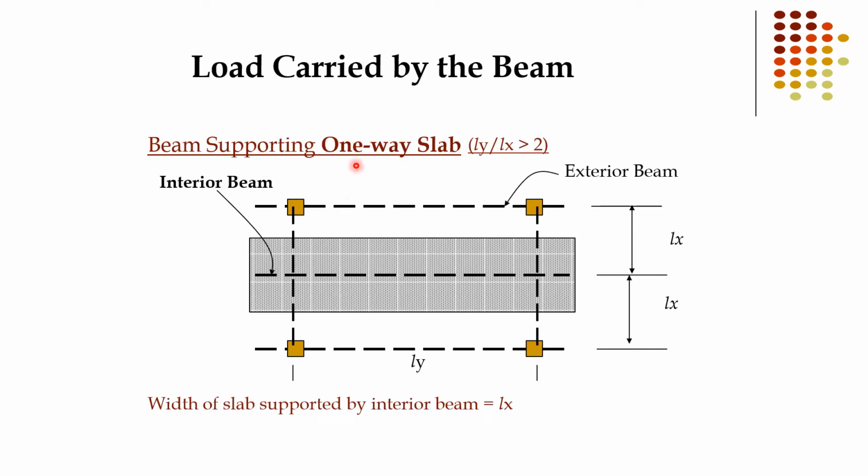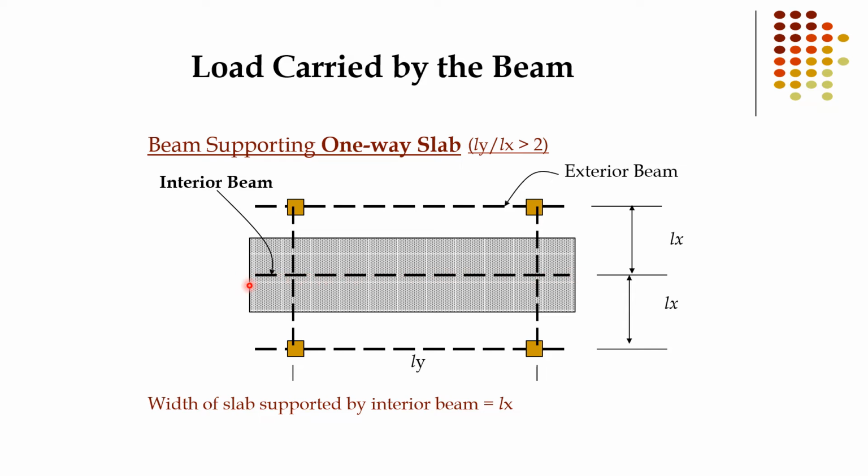Okay, now by definition, a beam supporting a one-way slab: if the longer to shorter span ratio is greater than 2, then that slab is called a one-way slab. First of all, let's see the configuration. Here is a beam, exterior beam, again exterior beam. Here is the exterior shorter beam, again shorter beam, and here is an interior beam also present inside